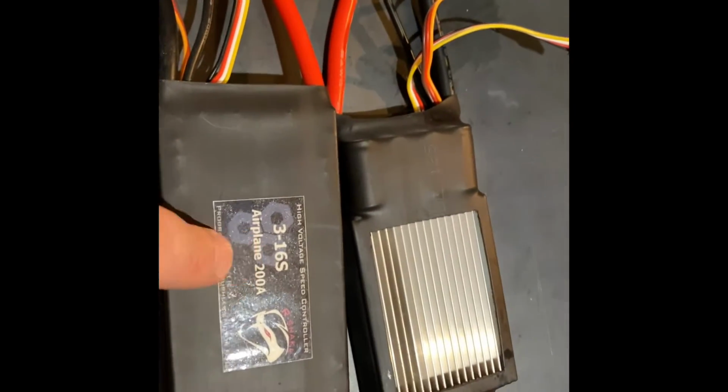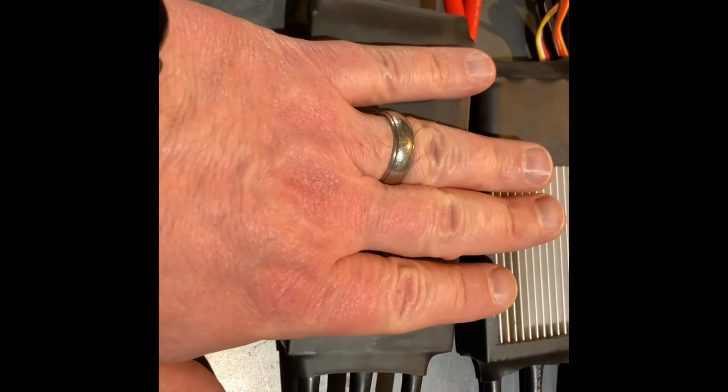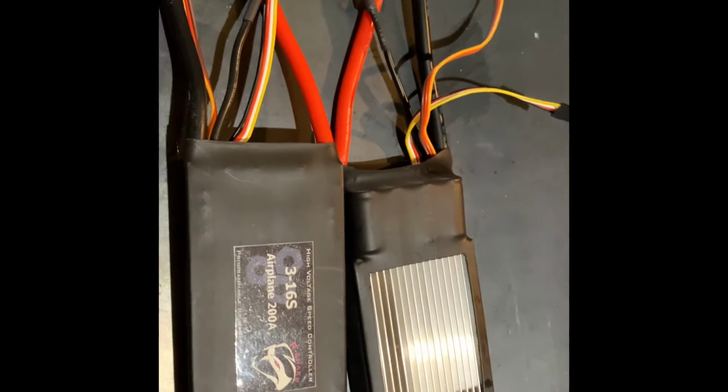I've got this one upside down. These are really nice. They're a good size. You can see in relation to my hand, I mean, they're about as big as my hands. They're a good size speed control. They're not that much bigger than the